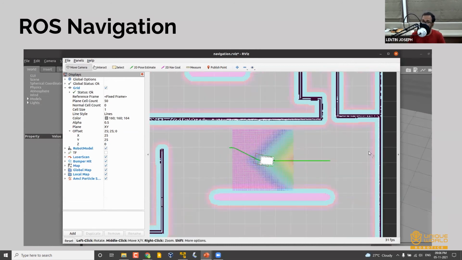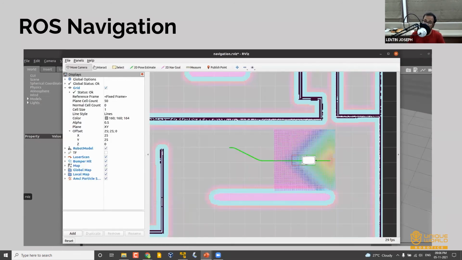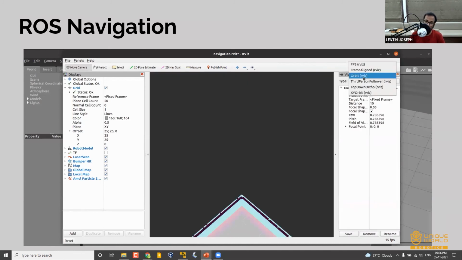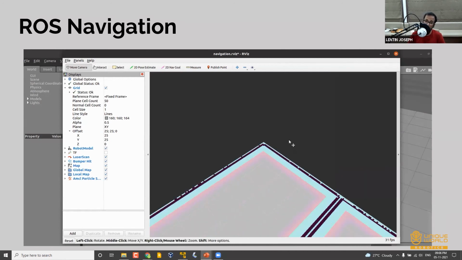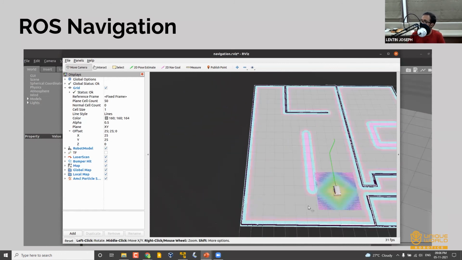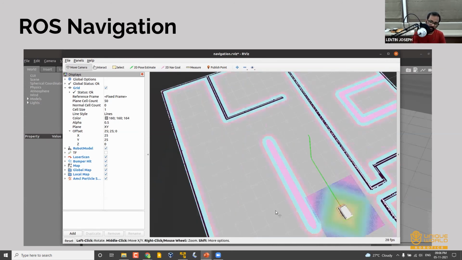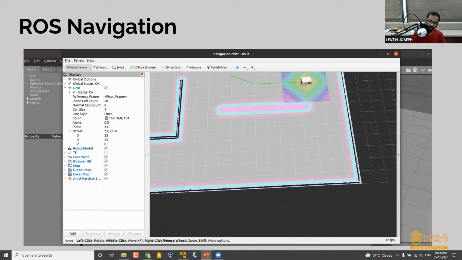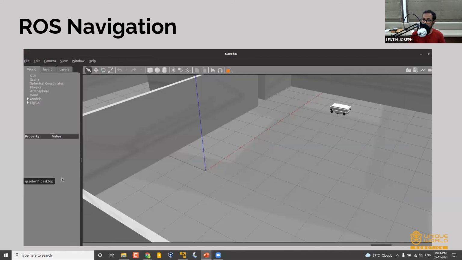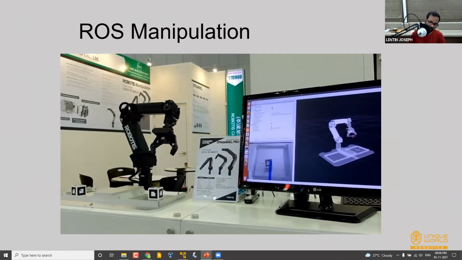You can implement autonomous navigation in ROS, like moving from A to B without any manual intervention, using the navigation stack, which is a set of packages helping to move the robot from A to B. These are the things that we can do using ROS. This is one of the capabilities, and another capability is pick and place.